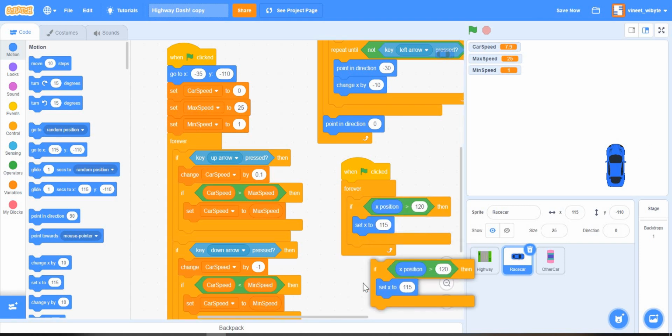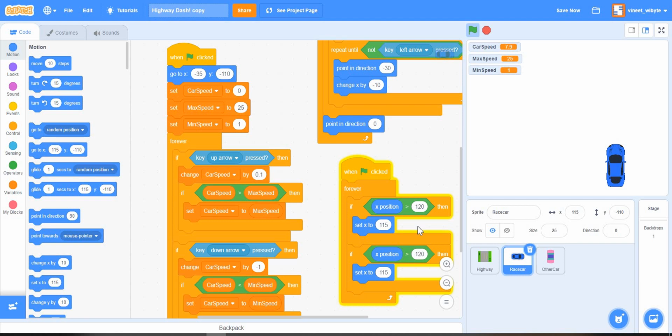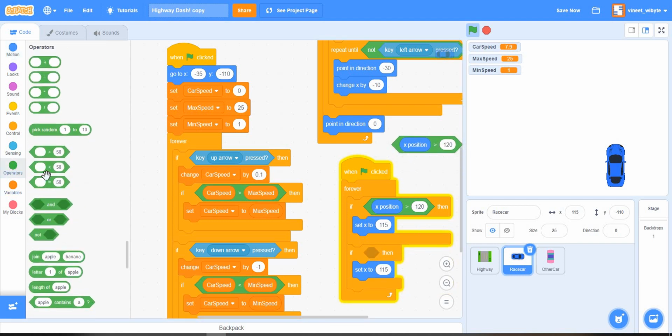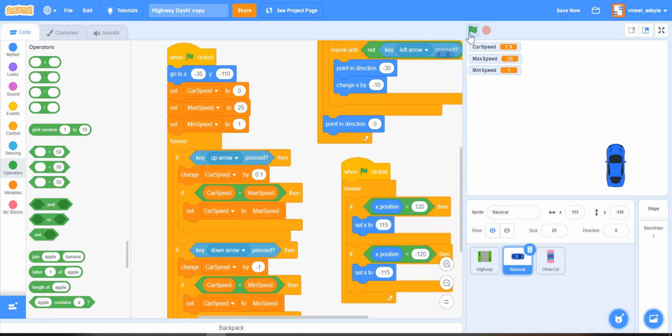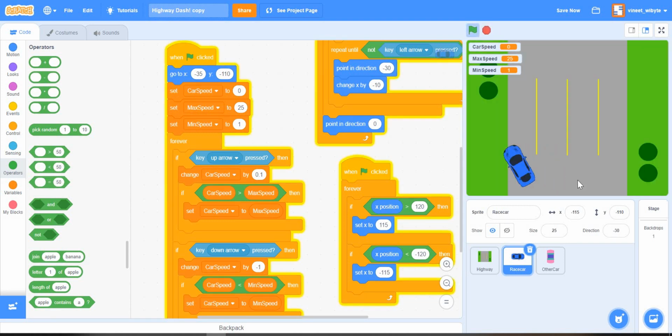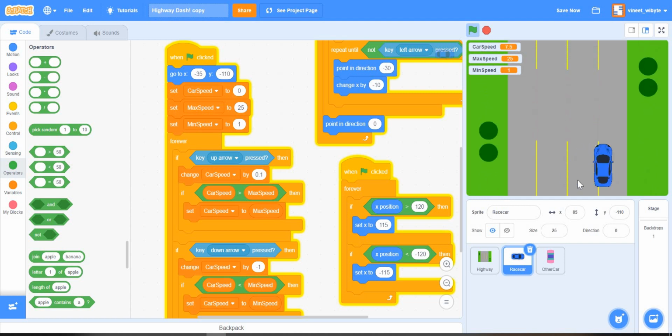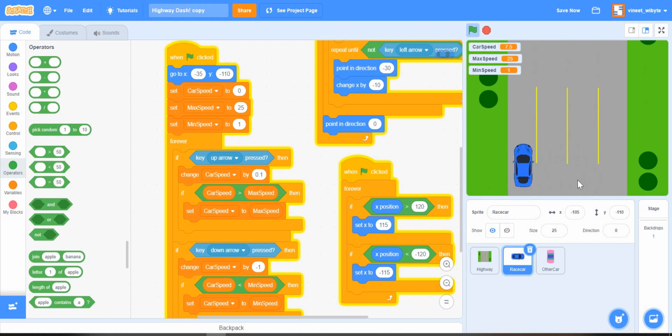And I can duplicate this part, and I have to be a little bit careful to make sure I use the right operator. So if it's becoming less than minus 120, right, which means it's going too much to the left, I can again fix it back to say minus 115, right? So with this, what happens is that my car will no longer go to the extreme left, neither will it go to the extreme right, although it will turn, because that's the way I've written the code, right? So it's now nice. I mean, it's kind of staying on the road. It can turn. It feels good when it's turning. When it's turning this way, it also feels good.